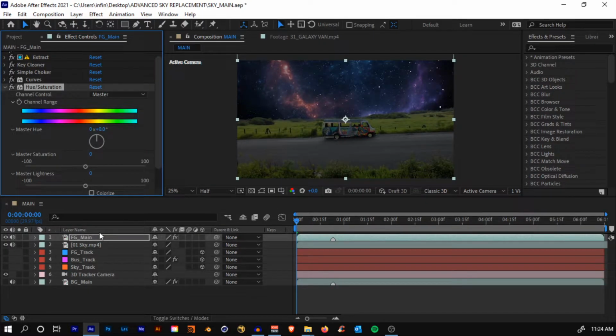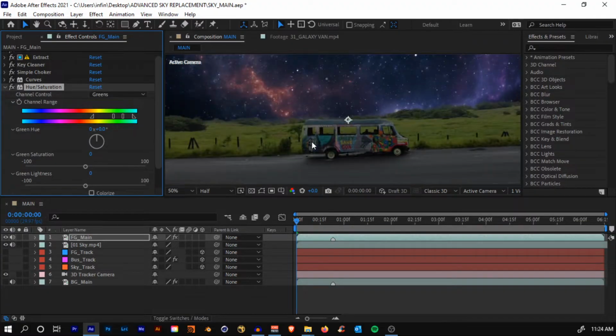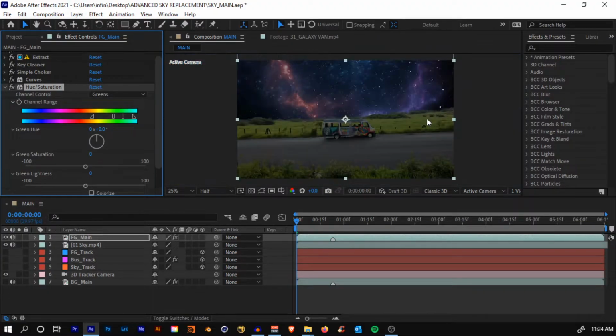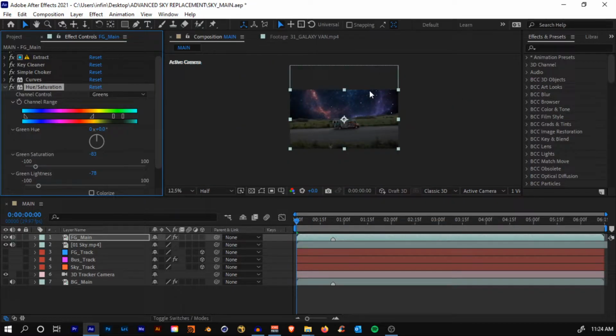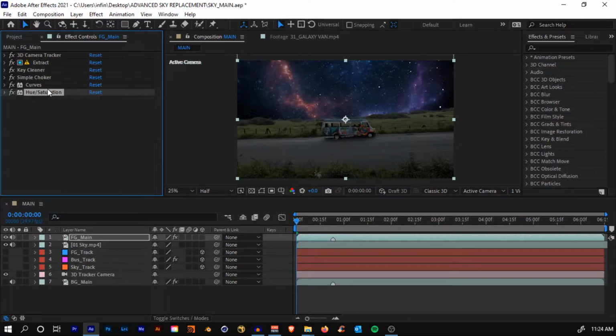Search for hue and saturation, go to the green channel and just get this slider here so that it also picks up yellow, because green is not completely green, it's also a mixture of yellow. Decrease the saturation, and also decrease the lightness. Lightness is nothing but the brightness of the channel. Yeah, this looks good. Now if you hide these two, here is the before and here is the after.